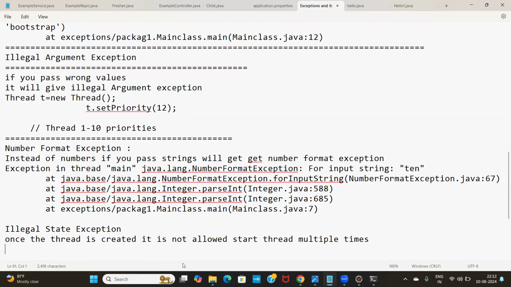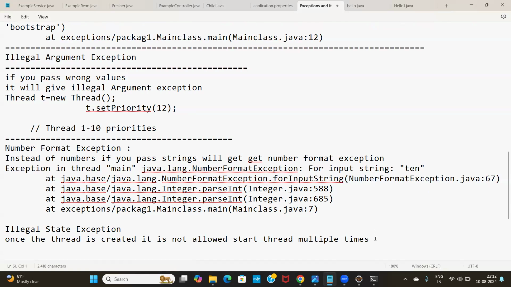This exception is not related to one topic, it is not specific to one topic. If you open the file chapter, you will see file exceptions, and if you open multi-threading, there also you get some exceptions. So this exception topic will integrate with all the topics. That's the end of today's class. Tomorrow we'll see some